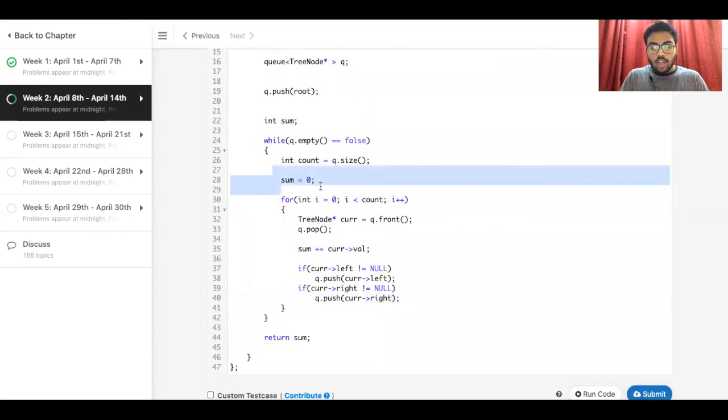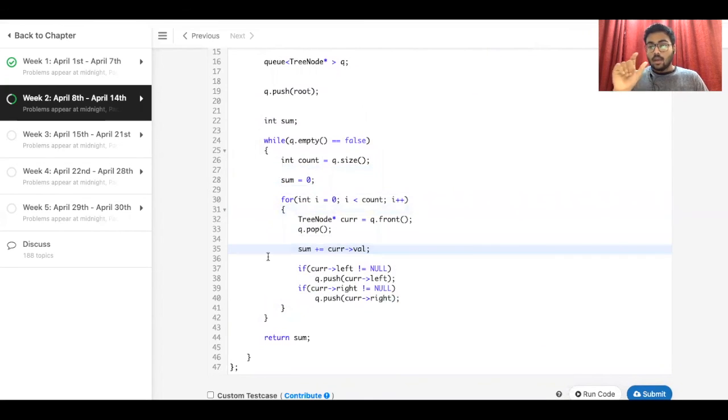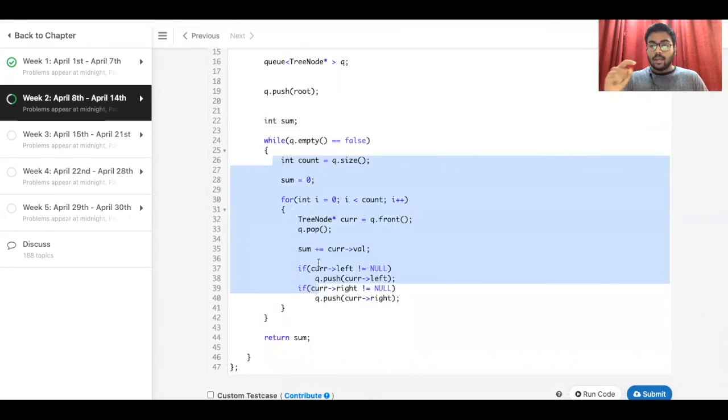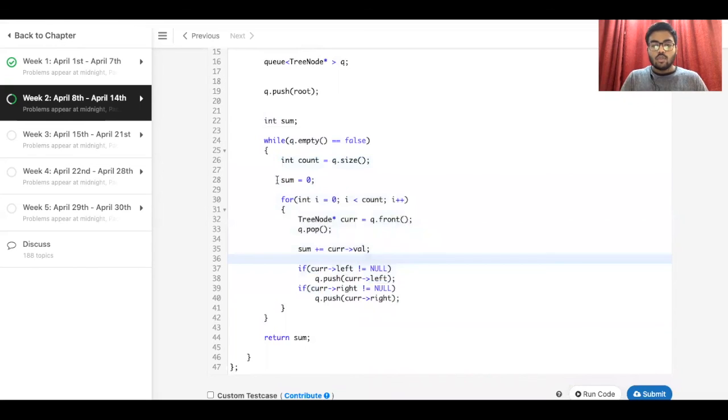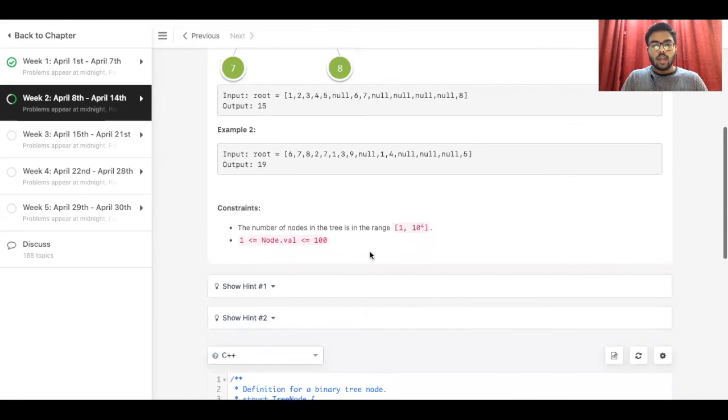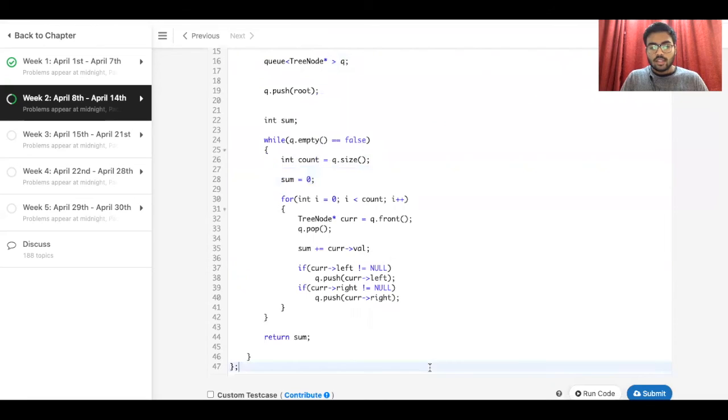Similarly, we also have a variable sum which gets the sum of all the elements on that level. Similarly, we loop through every level till the time we reach the last level, and we know that we are keeping the sum of that level in the sum variable, and whatever answer we get from the sum variable is the sum of the deepest level nodes. Okay, so I think this should be fine. Let's run it.